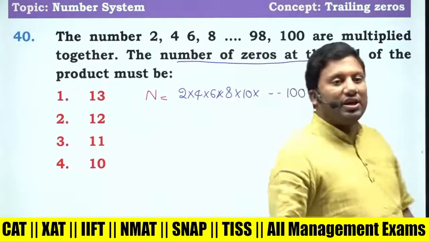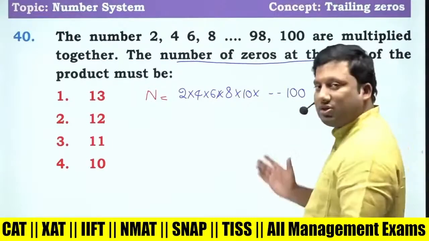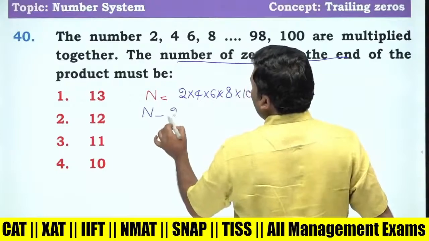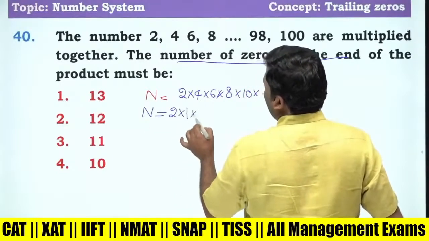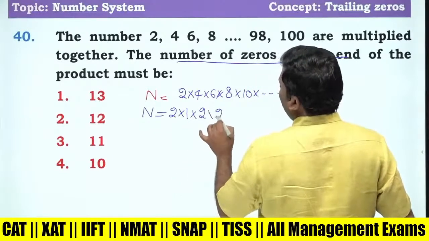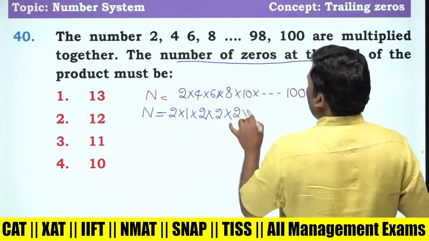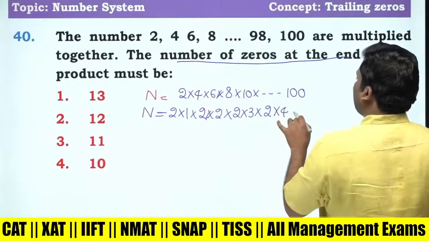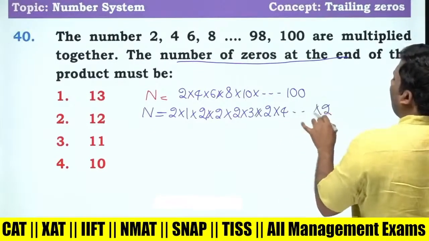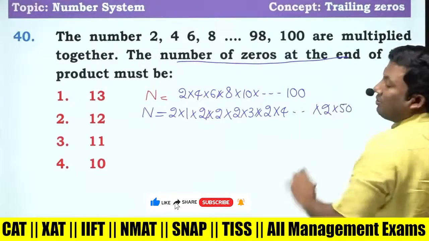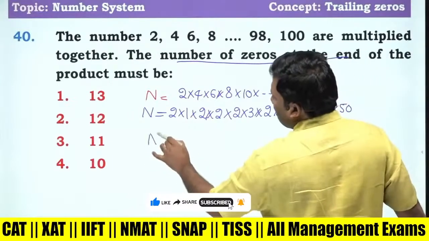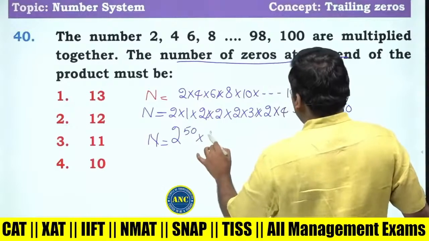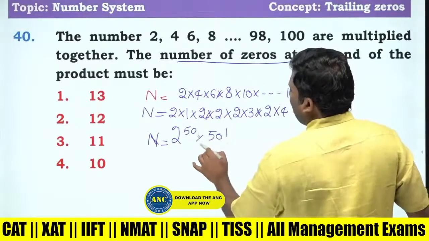Number of zeros at the end is given by trailing zeros. In session number 1, we discussed how to solve this kind of problem. 2 can be written as 2 ones are 2, 4 as 2 twos, 6 as 2 threes, 8 as 2 fours, and 100 as 2 fifties. 2 is multiplied 50 times, so this will be 2 power 50 into 1 into 2 into 3 into 4 and so on up to